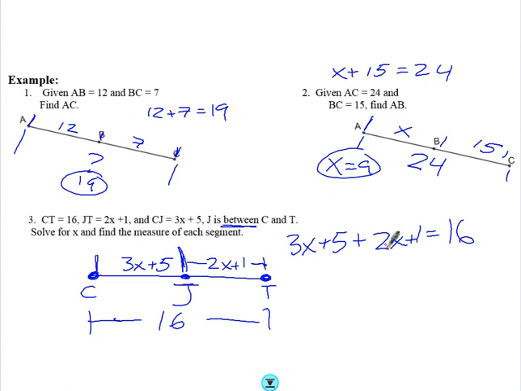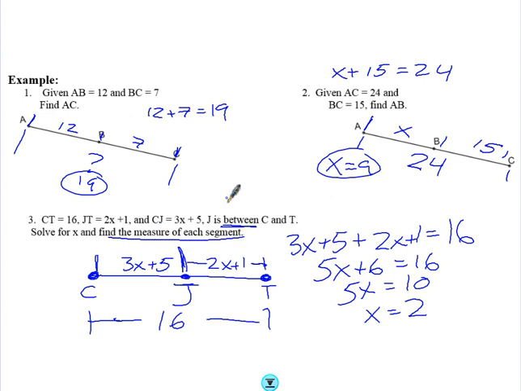Combine like terms. 3x plus 2x is 5x. 5 plus 1 is 6. And then solve for x. So 5x equals 10. Divide both sides by 5. X equals 2. Where I want you to read carefully, though, it says solve for x and find the measure